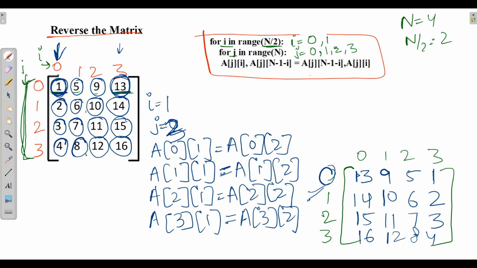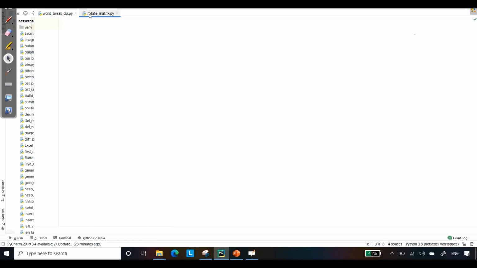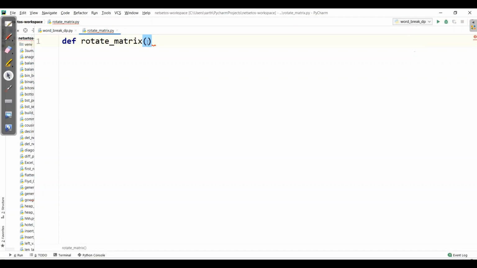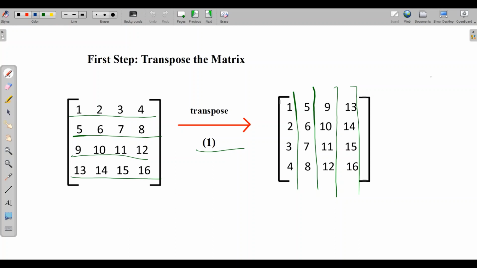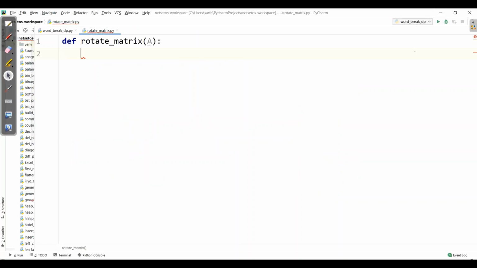Now let's combine both concepts and run the program in PyCharm. Here I have already made the file rotate matrix, and here I'll define the function rotate matrix, and we will take the name of the matrix as A. So first we will see how to transpose the matrix, that is, row to column. I'll write transpose.